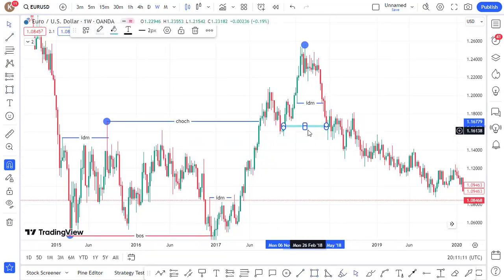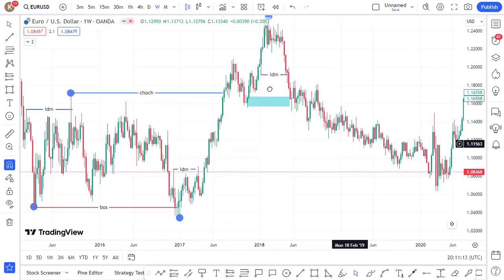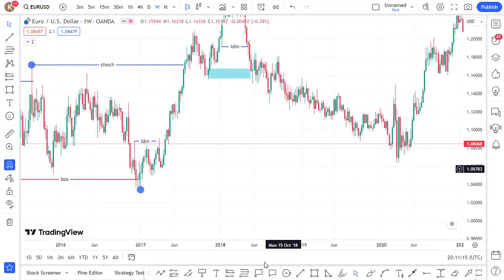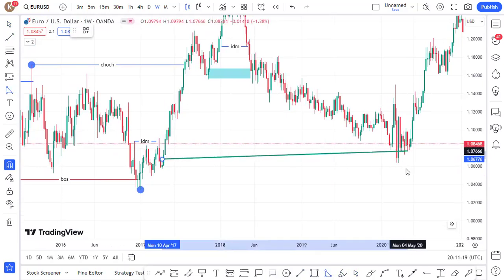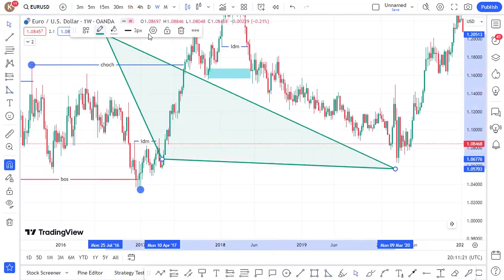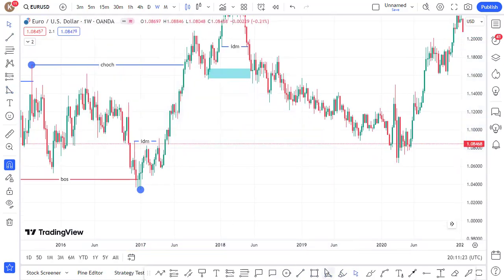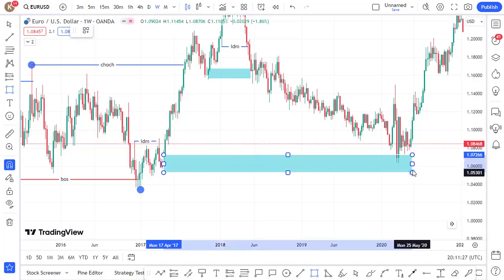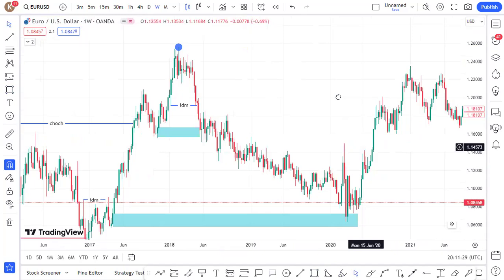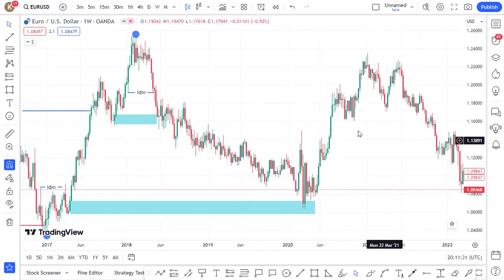Price gave a reaction and dropped to the downside, and price came here to the extreme OB. This was the extreme order block there. Extreme order block here. That's there, and it goes to the upside. Price goes to the upside and again failed to reach the upside because there was this order flow that was